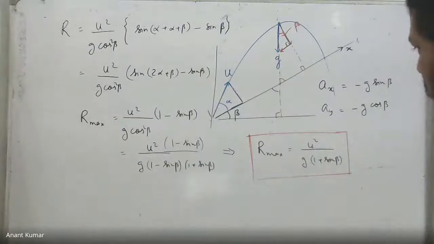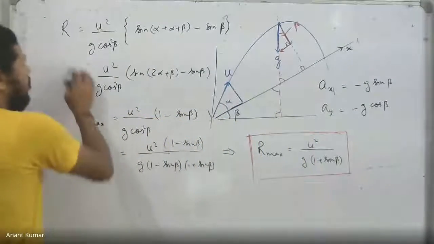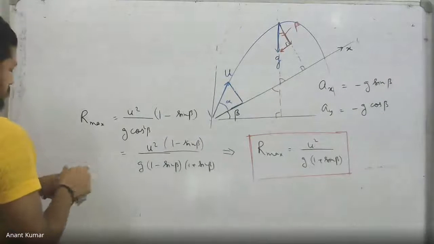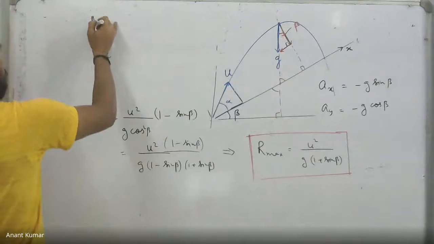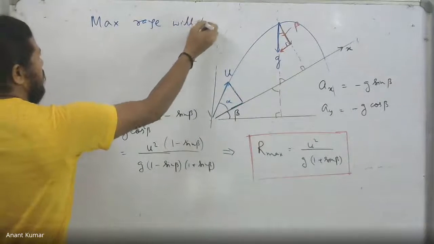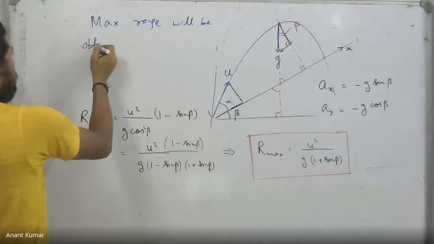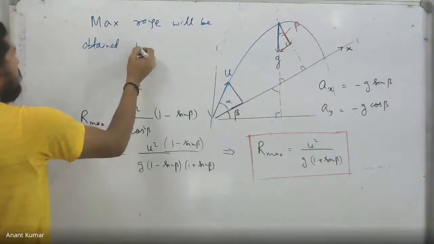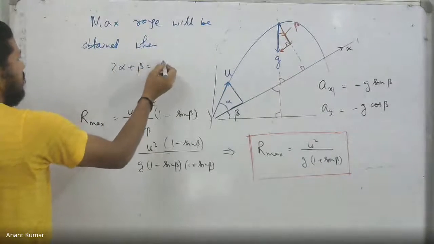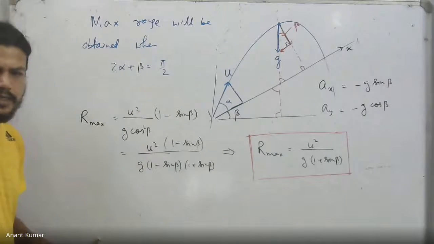You see in this case that this maximum range will be attained when 2 alpha plus beta is 90 degrees, which implies alpha becomes how much? In this case, once again, the max range will be obtained when 2 alpha plus beta becomes 90 degrees, which implies that